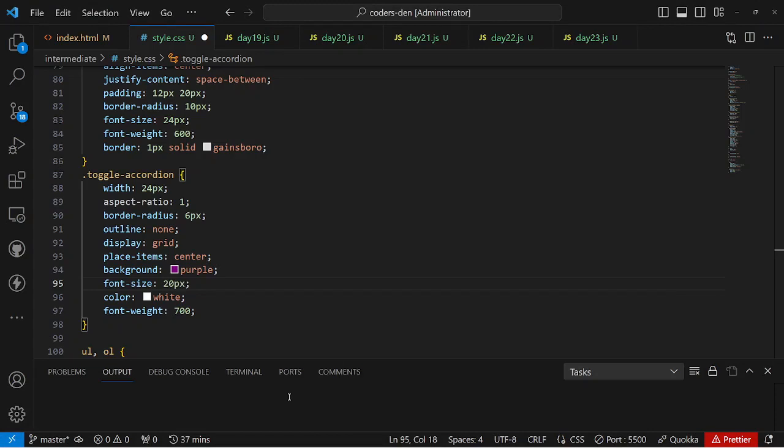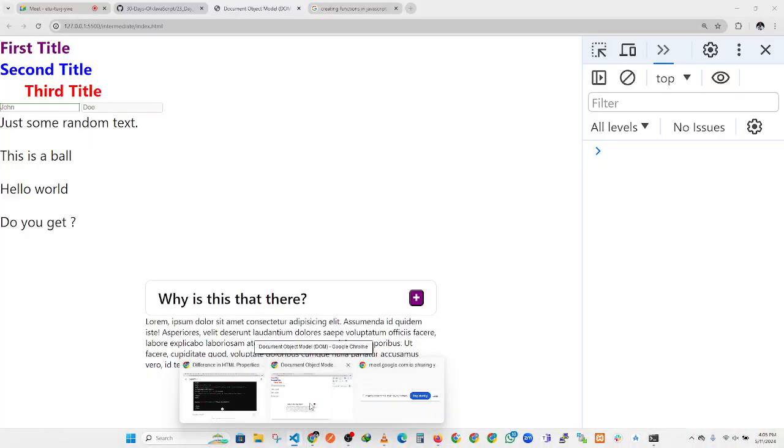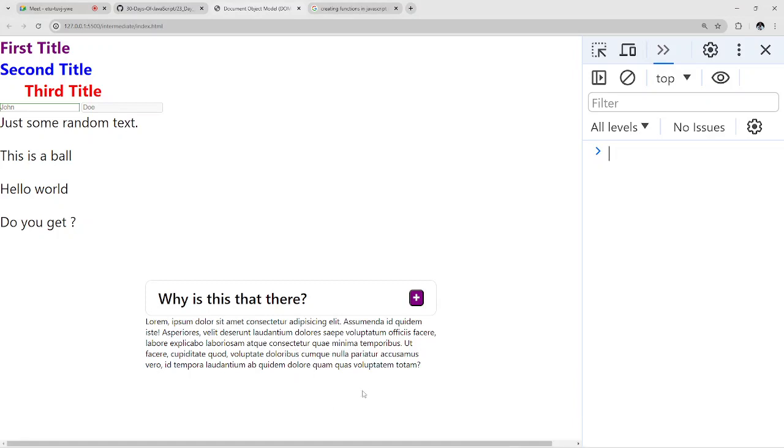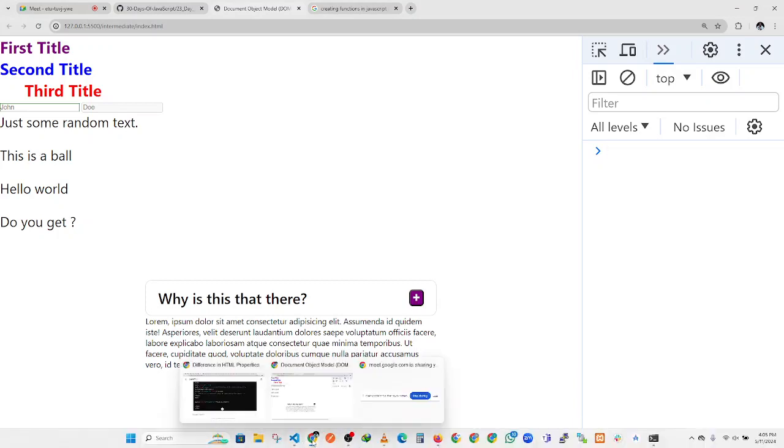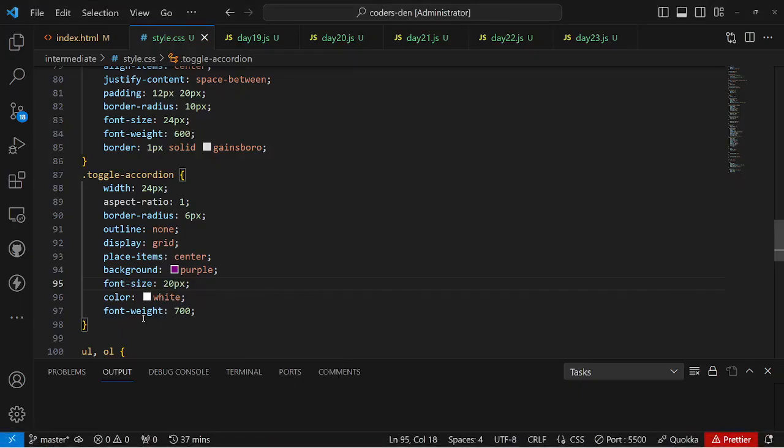Okay, I think it's this font size that's making it look weird. Okay, anyway, so now,